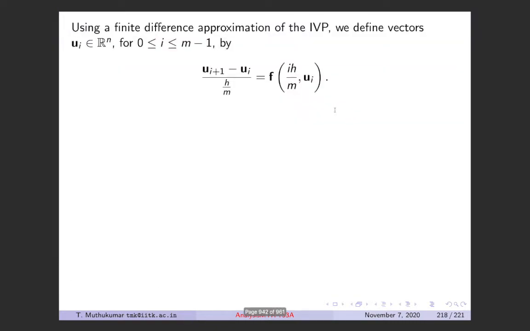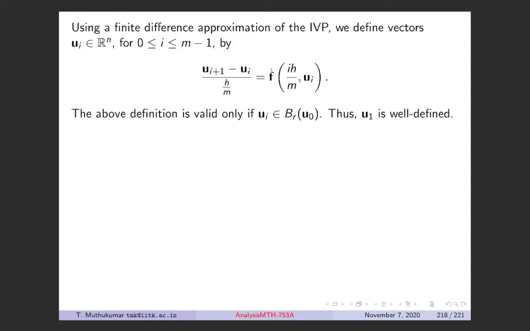So for this definition to be well defined, for this u_{i+1} to be well defined, all the u_i's should be well defined, the previous u_i should be in the ball of radius r. That is what we are going to verify now, whether this is well defined or not. So suppose I define u_{i+1} like this,